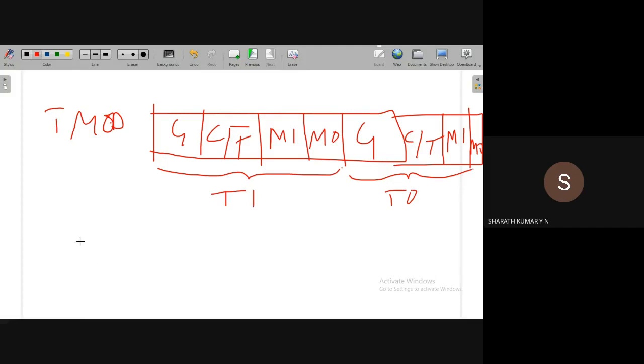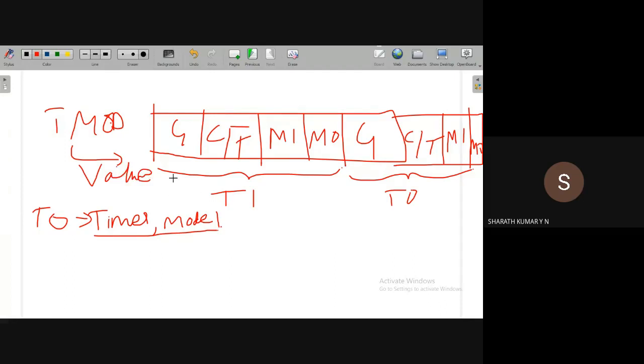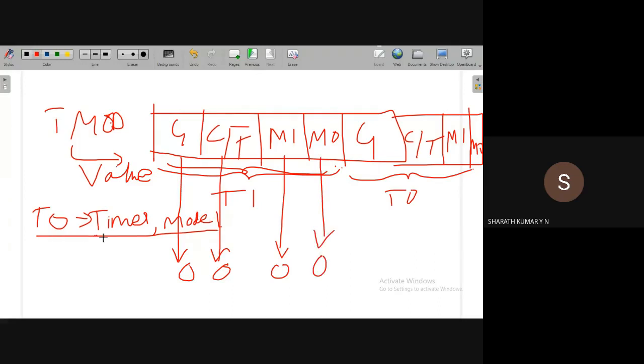Let us say I want to set timer 0 to timer operation in mode 1. If I want this condition, what is the value to be loaded to the TMOD register? How to calculate? Very simple. I want timer 0, which means the timer 1 bits should be 0. That means the GATE bit should be 0 because timer 1 is not used. All these bits will automatically be 0, I mean, we have to load 0 to these bits.